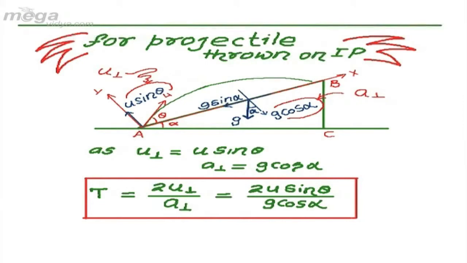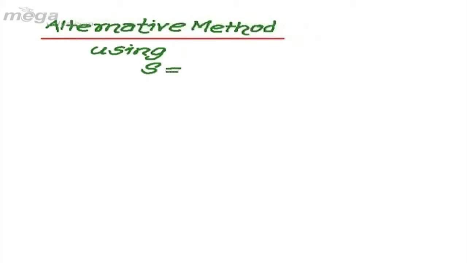I am doing the same result with that particular process so that you may get a clear-cut idea. So my alternative method to get the time of flight will involve the use of S equal to